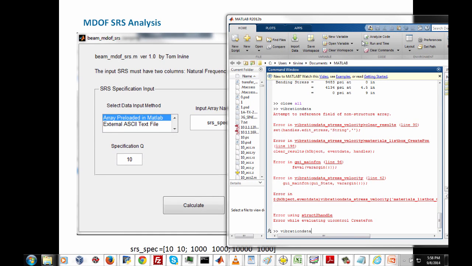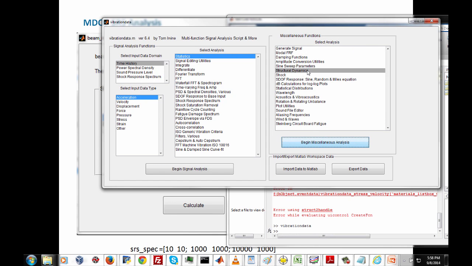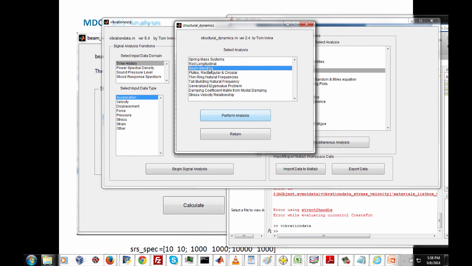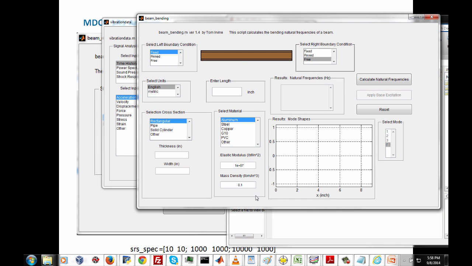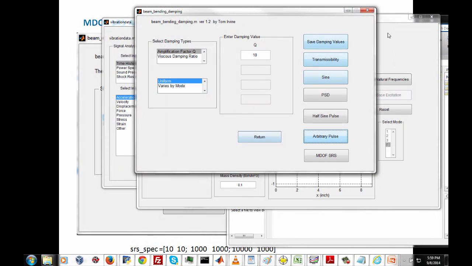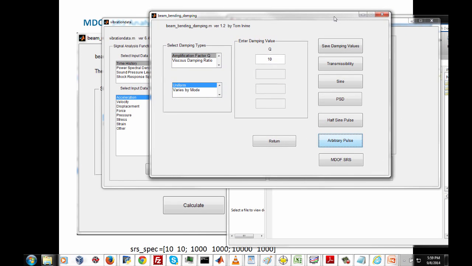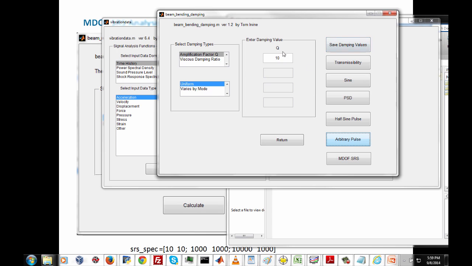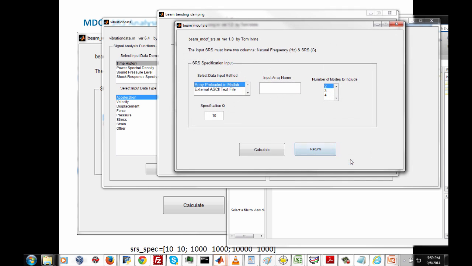So let me go to vibration data, and I need to go to structural dynamics, and let's go to beam bending. And okay, actually, I'm doing some unnecessary backtracking. Let's go back to this dialog here. So this was the dialog after we had done our normal modes analysis. We had entered in our Q value for uniform modes, and we've already looked at transmissibility, and we took a look at arbitrary pulse. So if we go back to here and do our multi-degree of freedom SRS analysis,